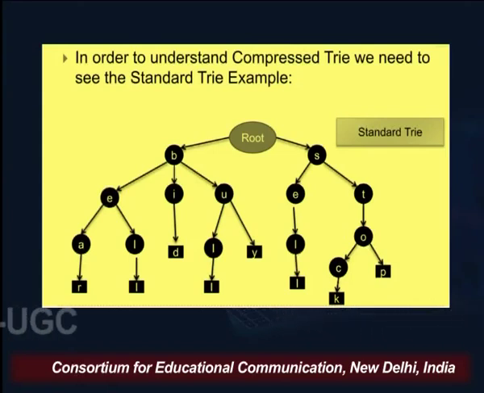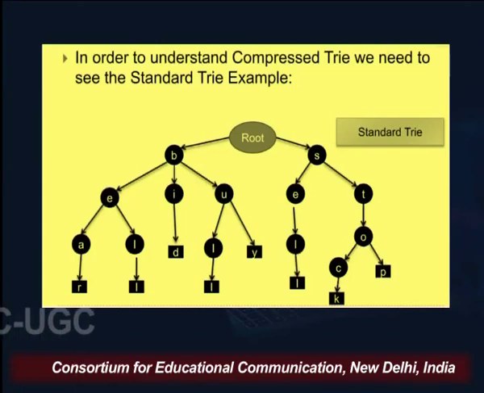Similarly, when I am talking about bell, the last two letters which are L and L are not part of any other word, that means they are not common. Similarly, I and D in bid are also not part of any other word. So can these chains be reduced in the sense,